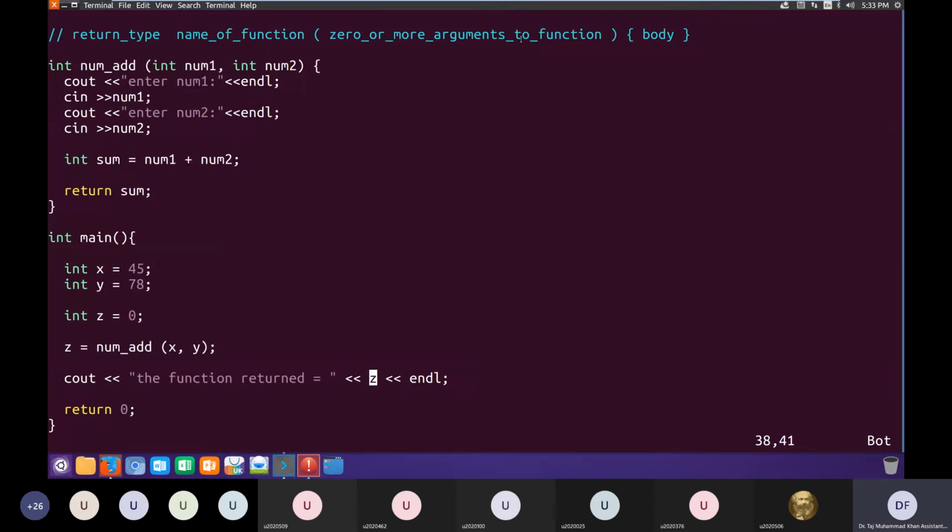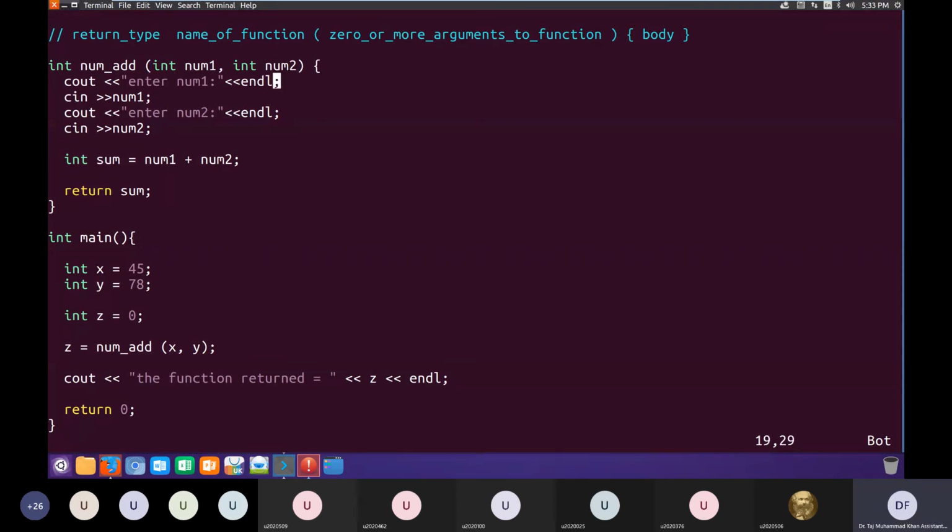Very good question, Alishka. So you see, we are calling this function numadd, and we are passing it two values, x and y, which are basically 45 and 78. Calling this function and passing it these two arguments would basically assign these two values to num1 and num2. So num1 will get the value 45 and num2 will get the value 78.